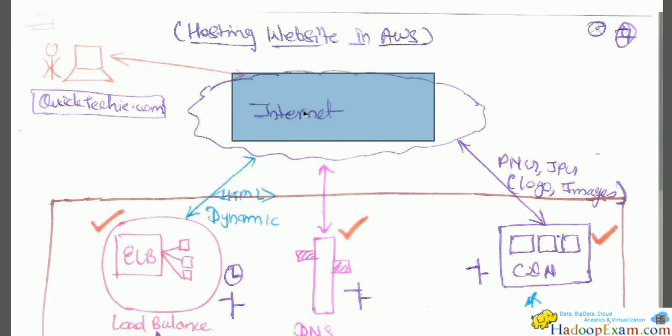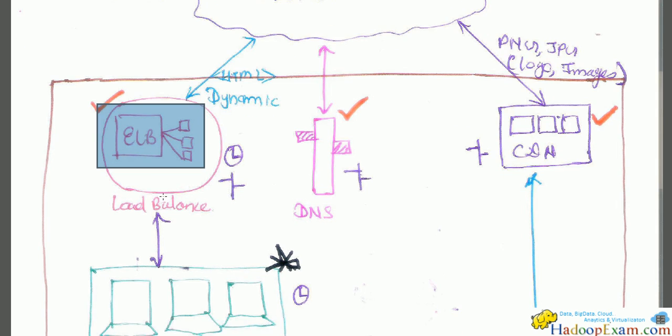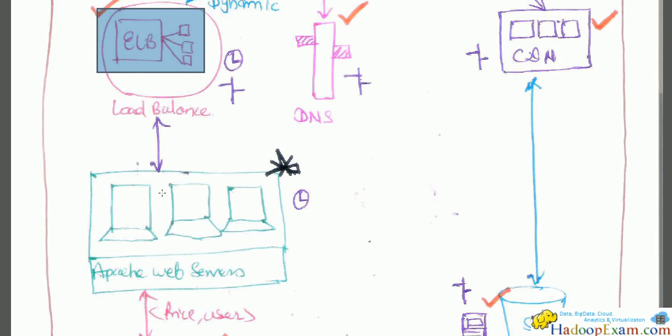As soon as he sends a request, it first comes to the Elastic Load Balancer. What is ELB? It is a load balancer, for when you have multiple servers running your service. The request comes to the ELB, and from the load balancer to the Apache web servers,